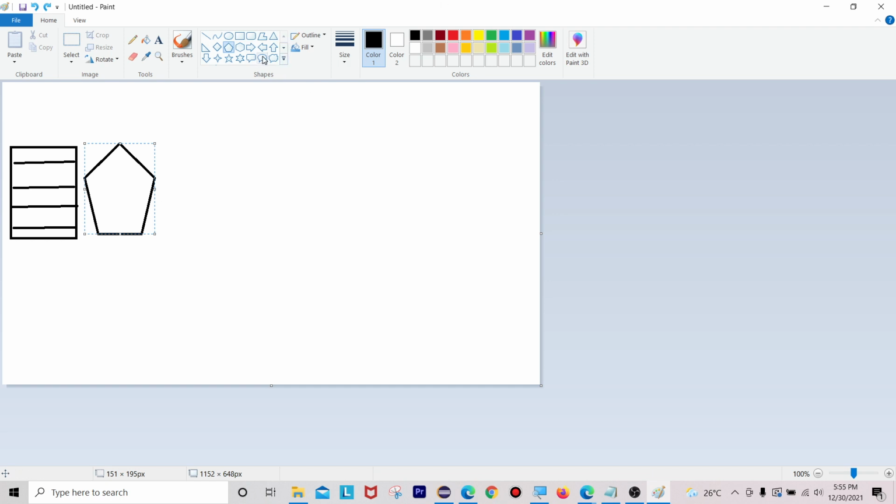The next one is, take this rectangle and draw a line here. I will draw it like this. It is not the continuation; it is also one form of this one.